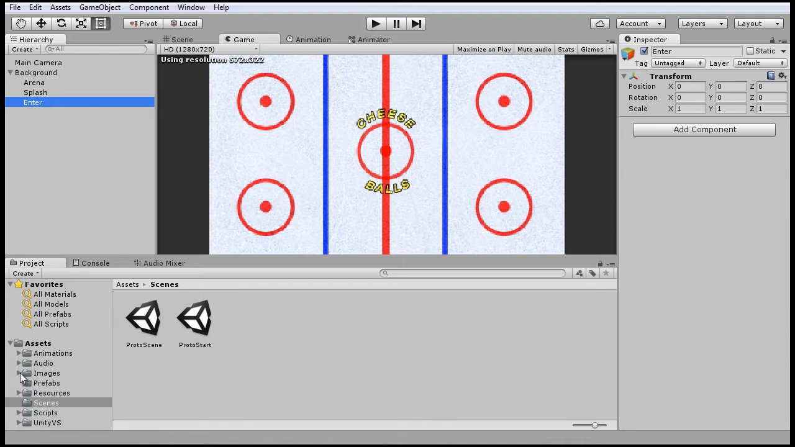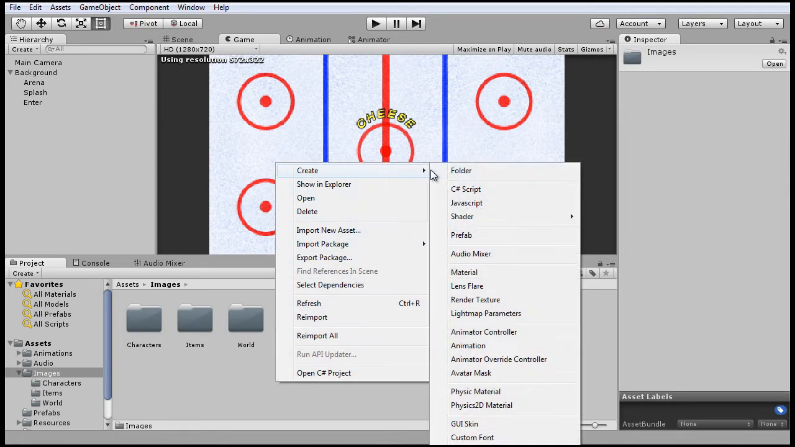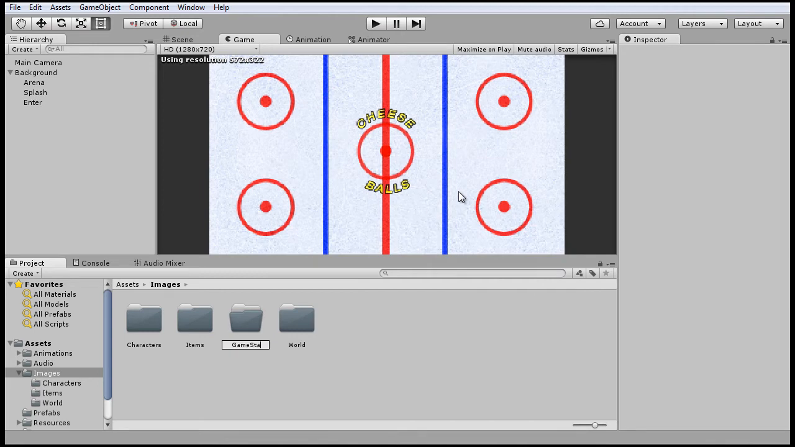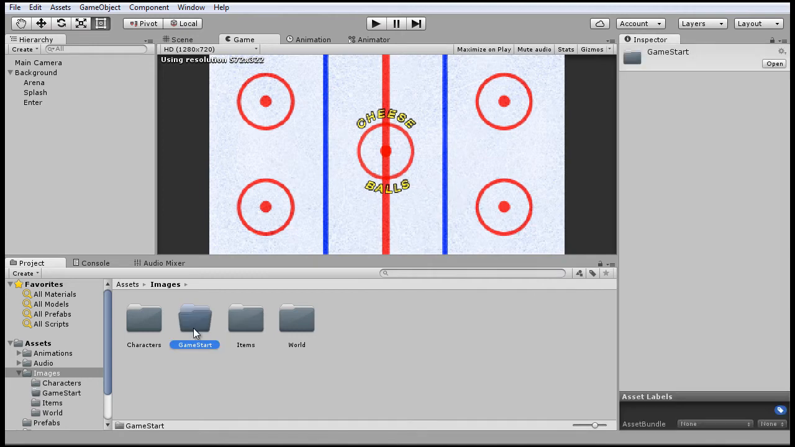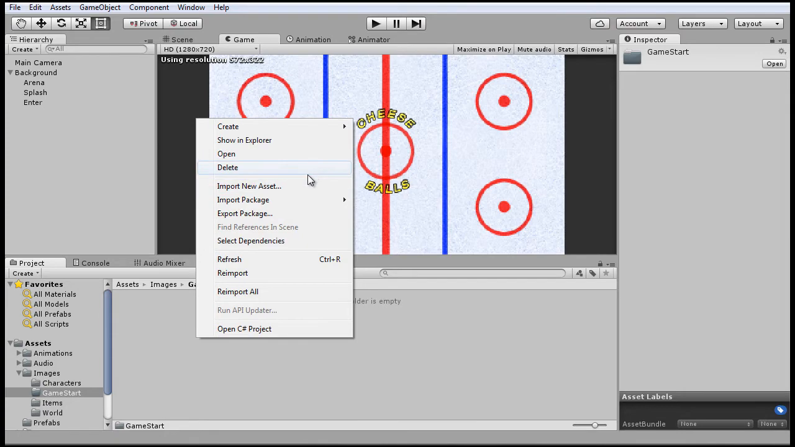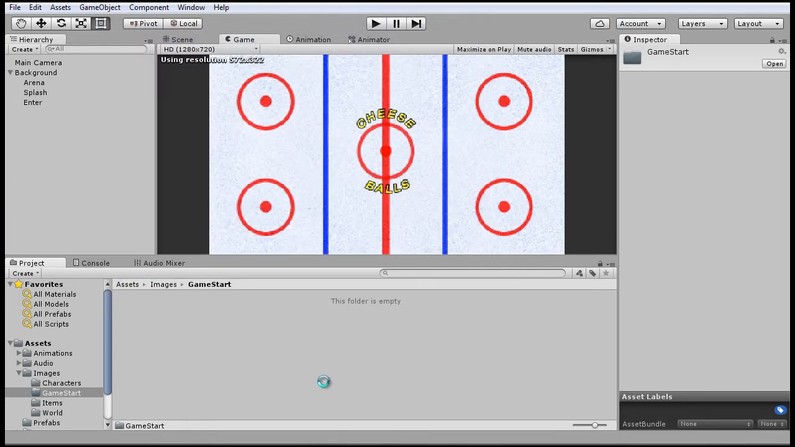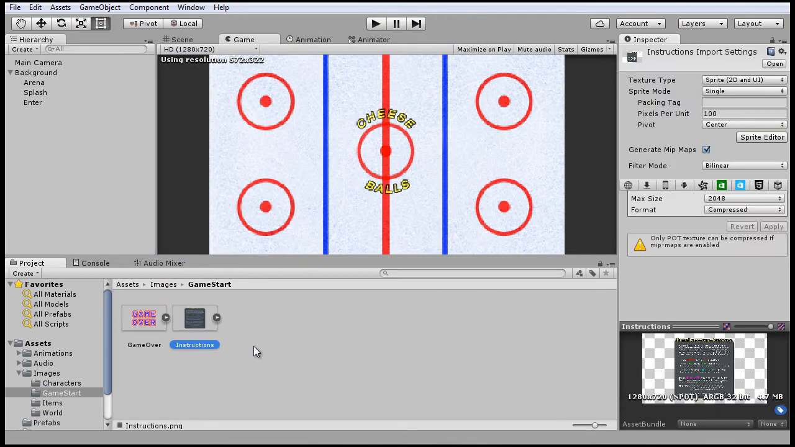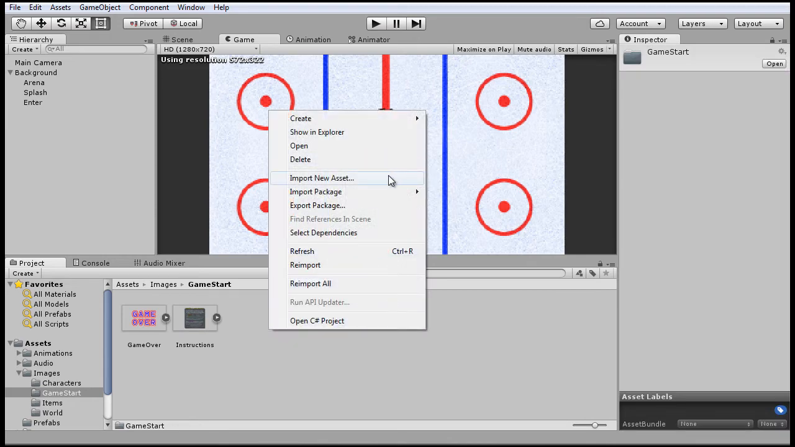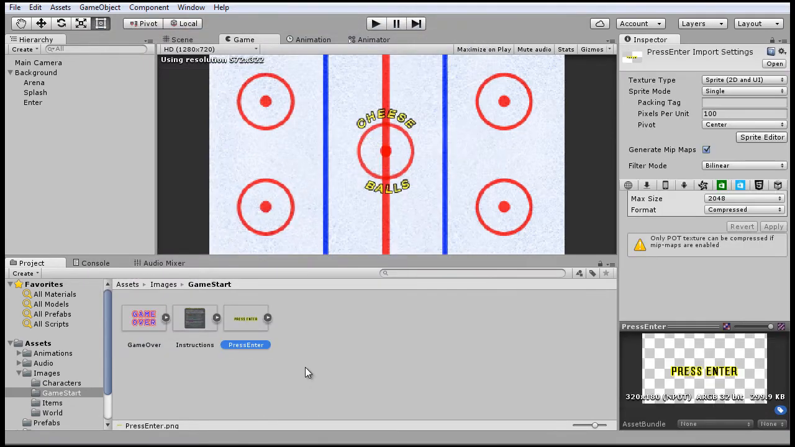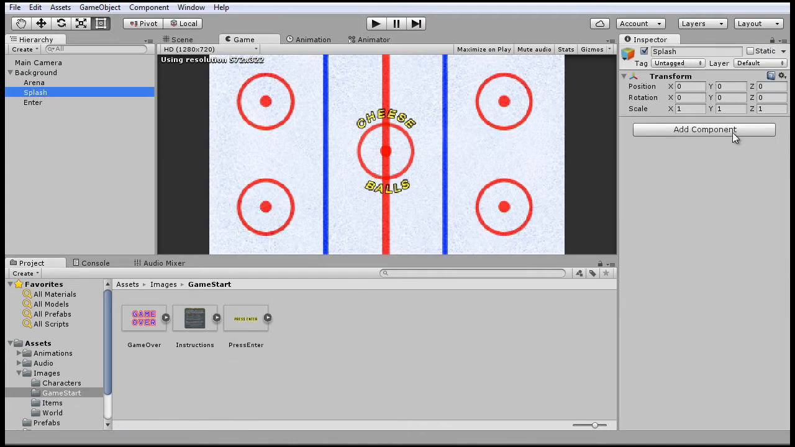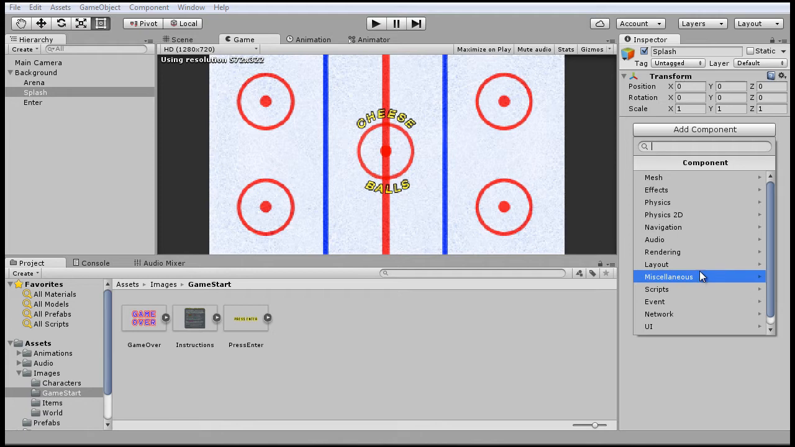So for these, we're going to need to import some more assets. Let's actually make a new folder. Call it game start. And we'll import these assets. So game over, instructions, which will be part of our splash screen, and press enter. So for the splash screen, we'll create a sprite renderer,